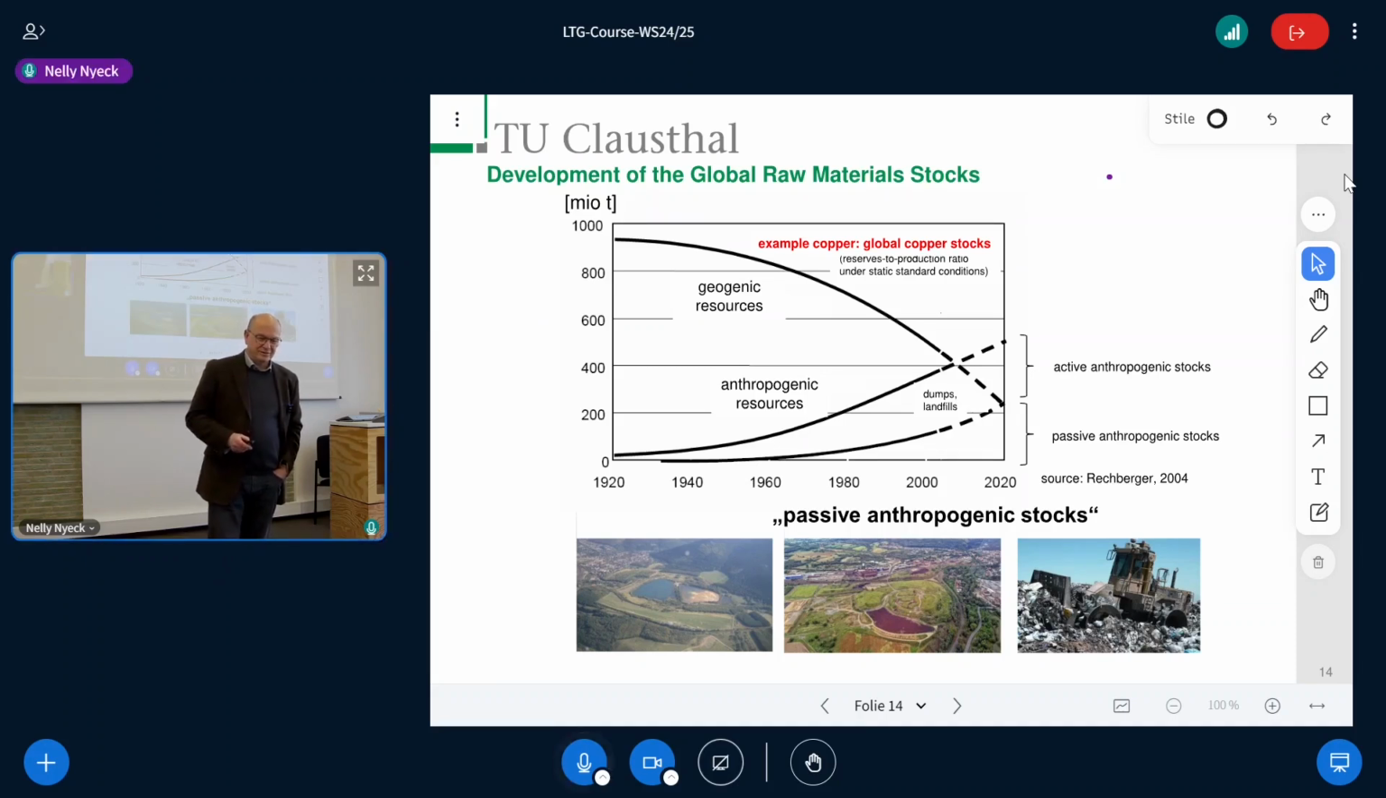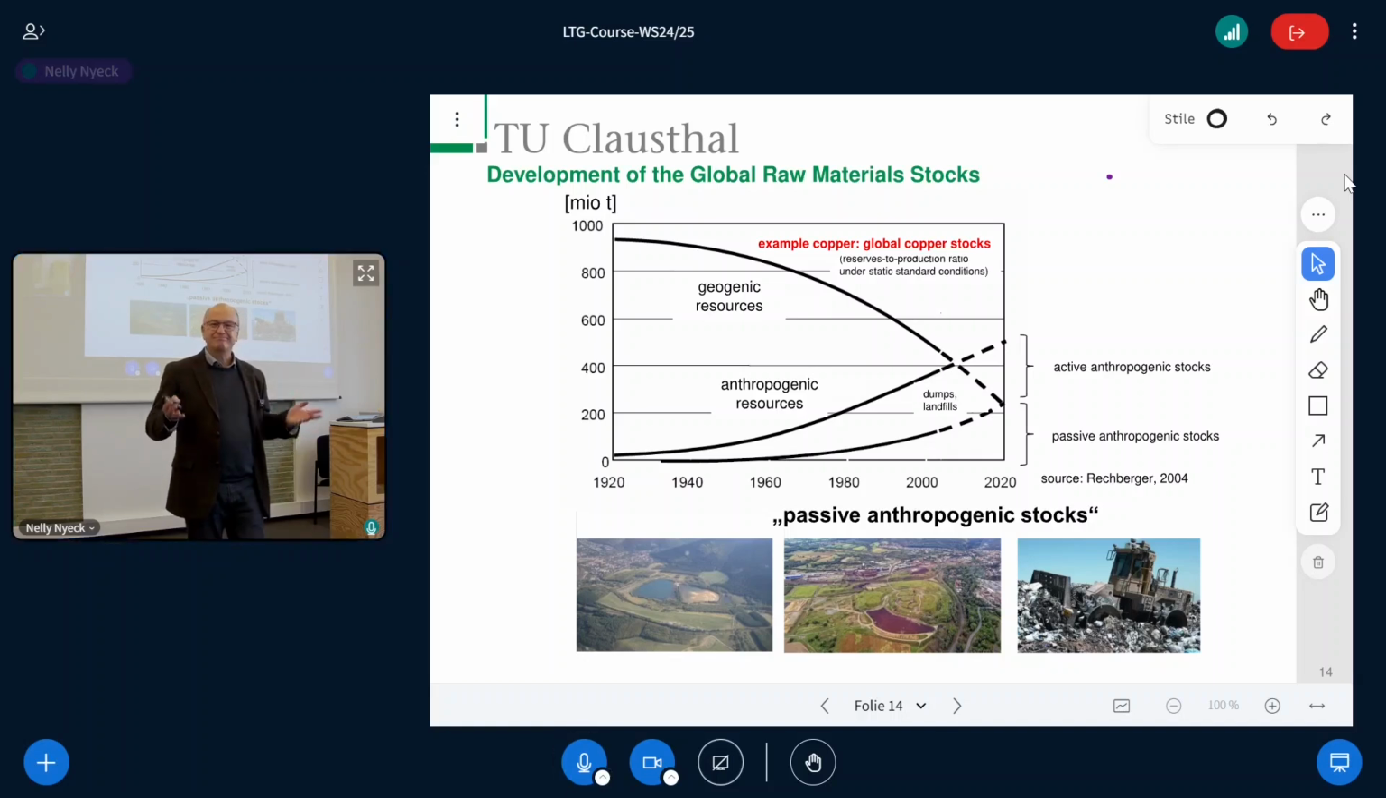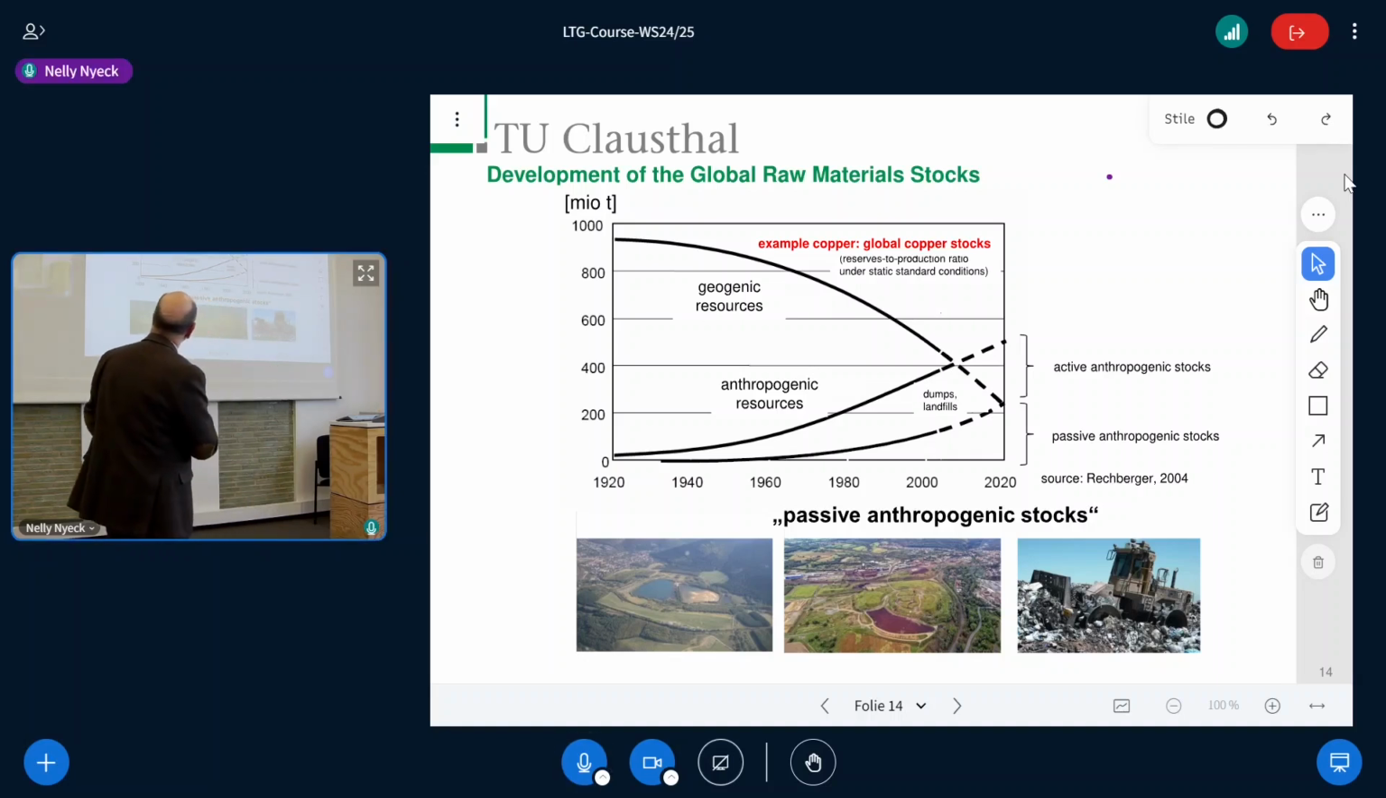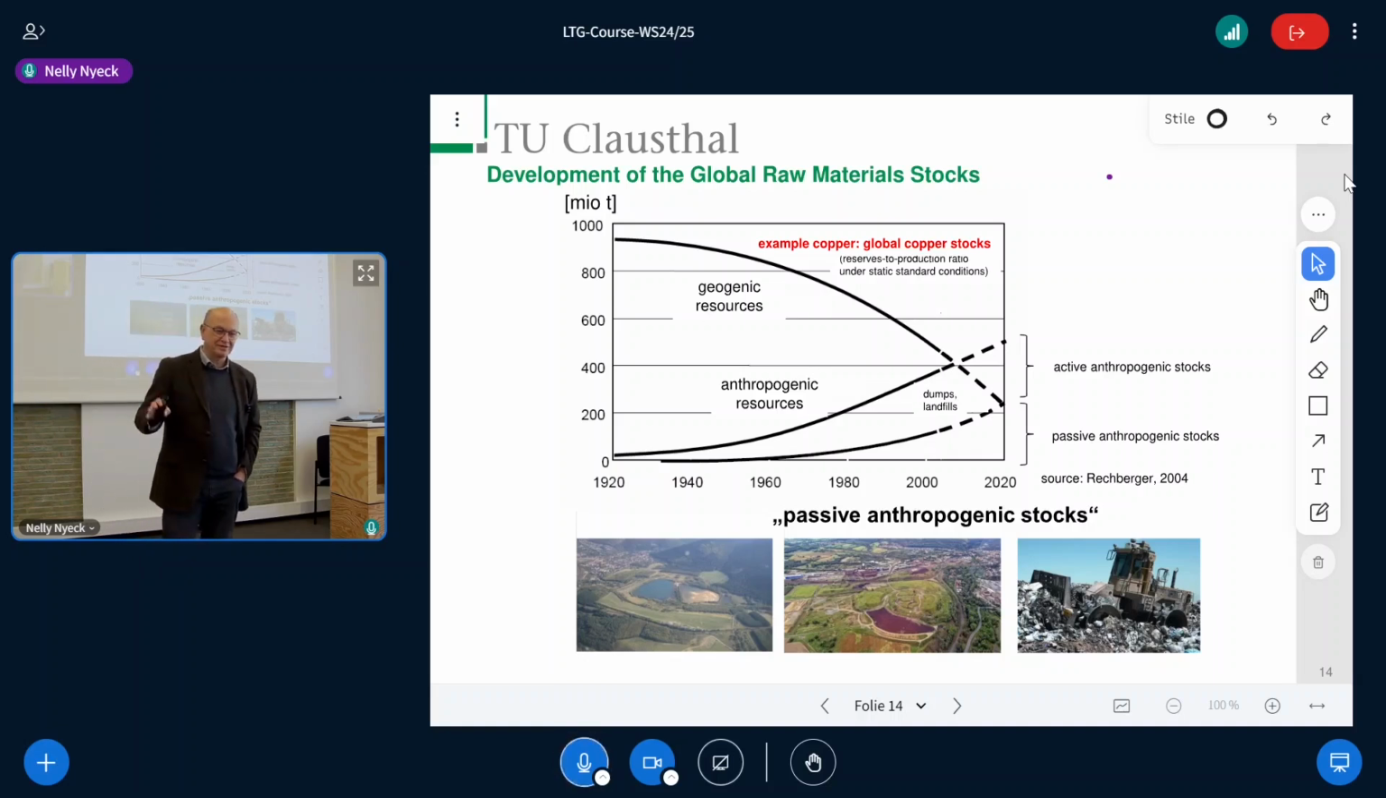If you look at this in comparison to primary raw materials, and if you look, for example, at one element that has been in use since the beginning of human culture, that is copper, you will find that the copper stocks from the primary resources, the geogenic resources, are going down. Of course, in discussion with geoscientists, is that realistic, because we are talking about so-called static standard